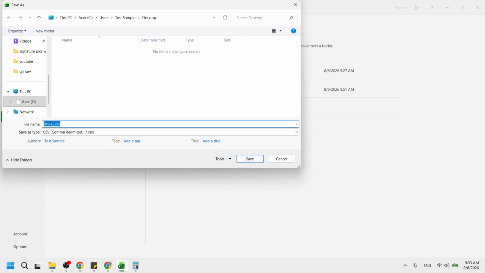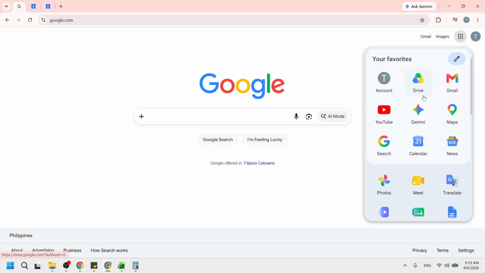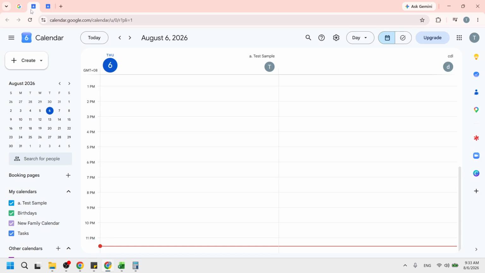After that, open Google Calendar on the web. In your browser, go to the Google Calendar page and sign in if needed. You should see your month, week, or day view with your existing events and your list of calendars on the left panel. With Calendar open, click the gear icon for settings.